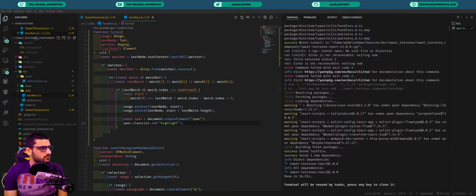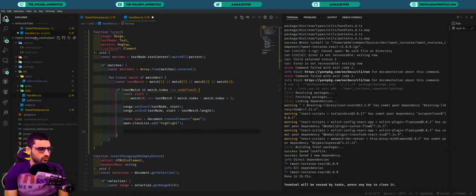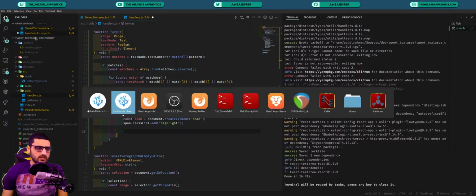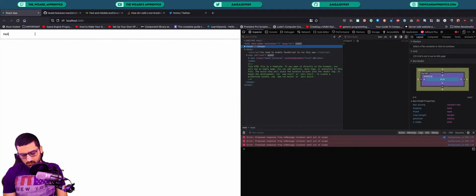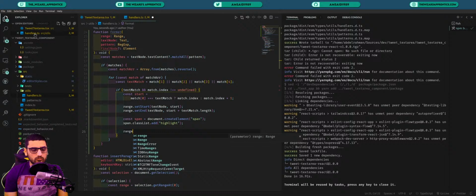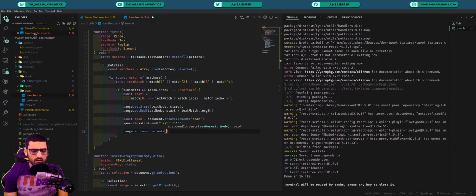Then next we will use, because we've now basically got the range. What is happening now is that hello am side 100 from, anything. What we have now is that this part of the text is selected. So what we're going to do next is tell the range object to surround everything that is selected with a node, and in this case it's going to be the span node that we just created. And